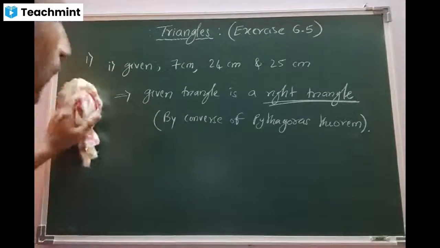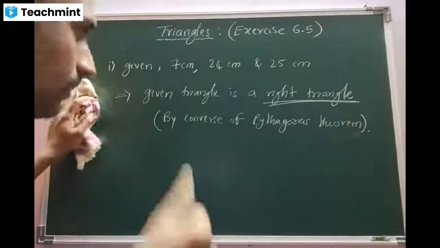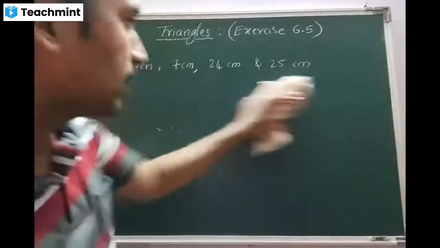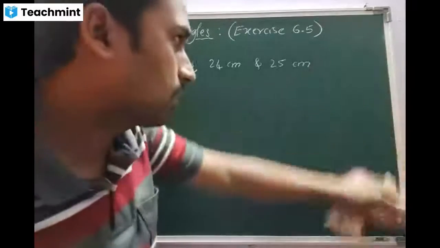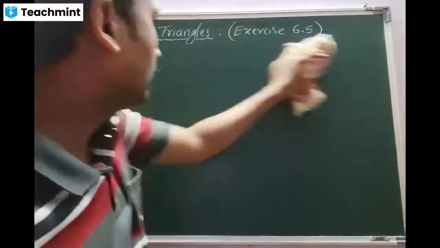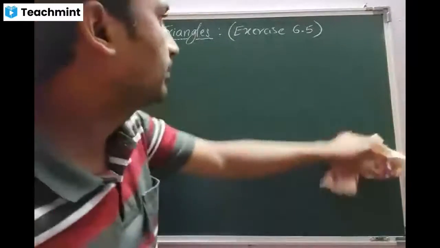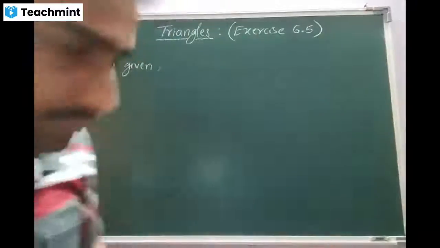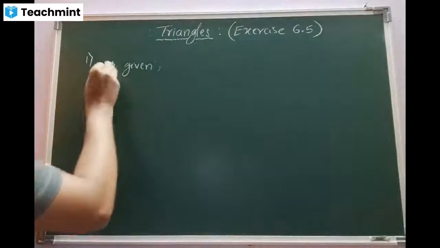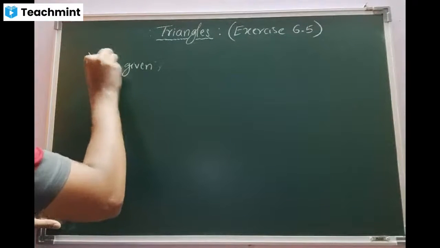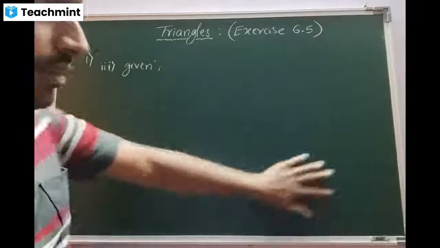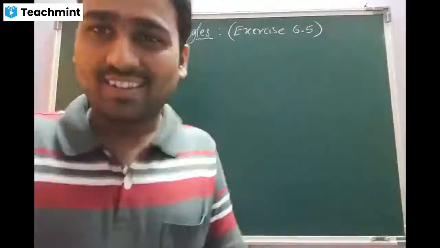Now, I'll go for the third one, beta, in the first main. Before I solve, you do it on rough paper. Tell me the answer. Zindabad or Murdabad? Quick. Third one. Murdabad, sir. The triangle is not a right triangle. Okay, beta. Let us see.